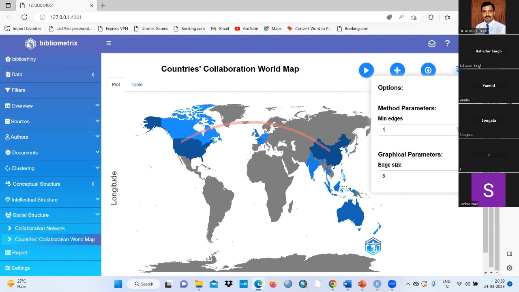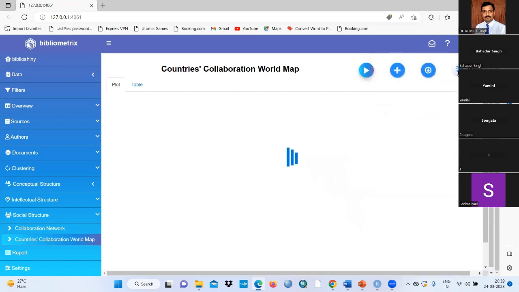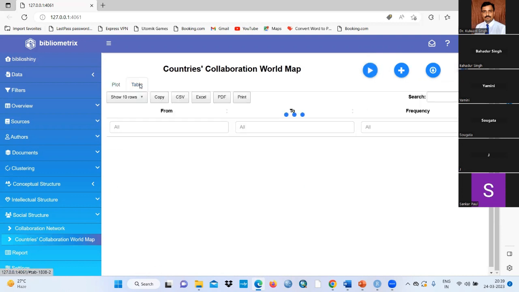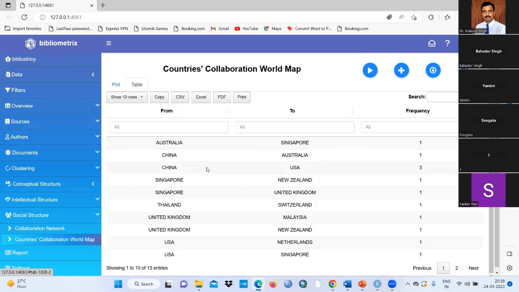You can see here. One more thing. Let's see. Countries collaboration: which country collaborates with which country, meaning which countries work together. You can find it from here. See, China and USA are both working together. How can you find it? The linkage is there, and also the width of this line. That is from this, and a table is also there. China and USA are more